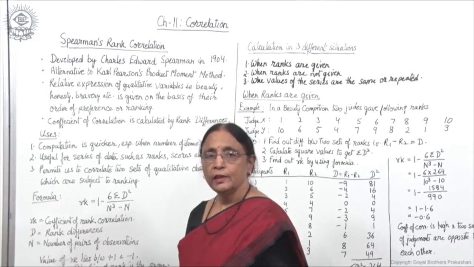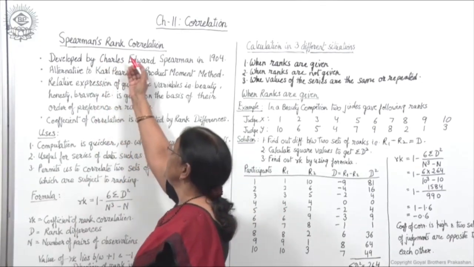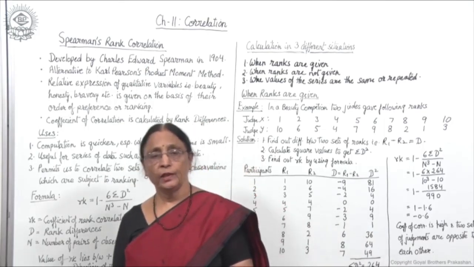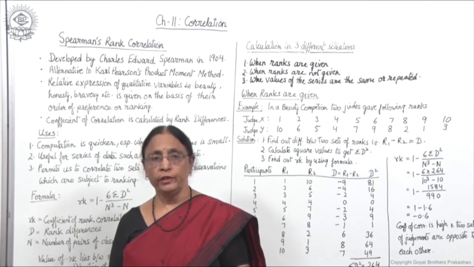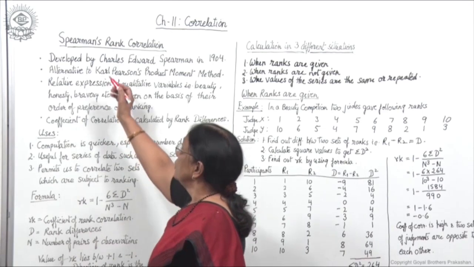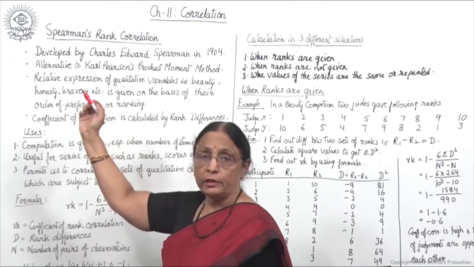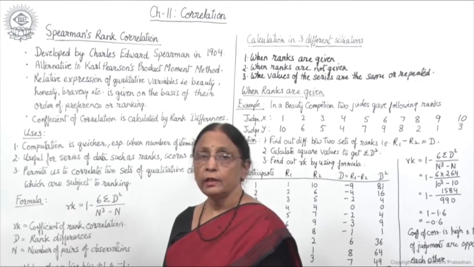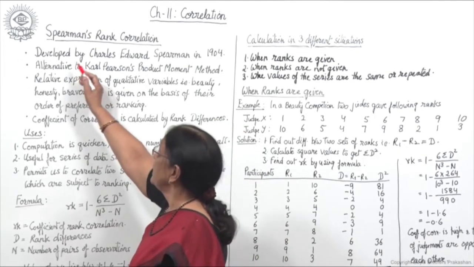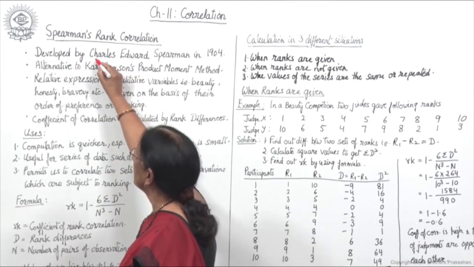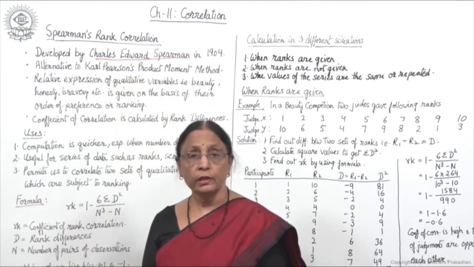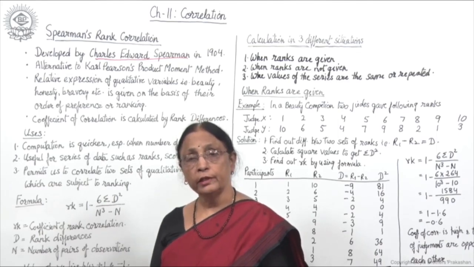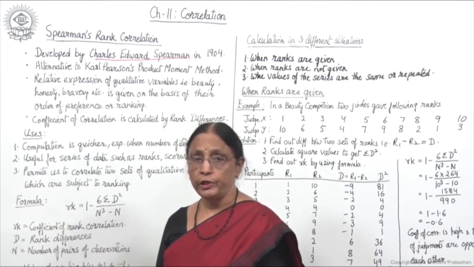Hello children, today we will discuss Spearman's rank correlation. This is another way of finding out correlation between any two types of variables. Now this rank correlation method was started by Spearman. It was developed by Charles Edward Spearman. This is the name of the statistician who started the concept of rank correlation in